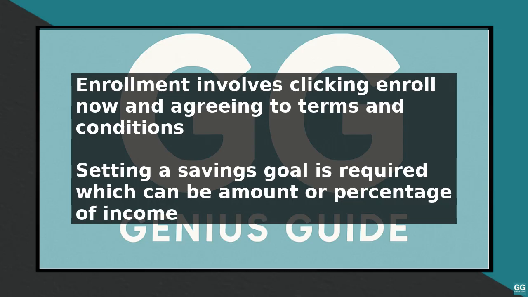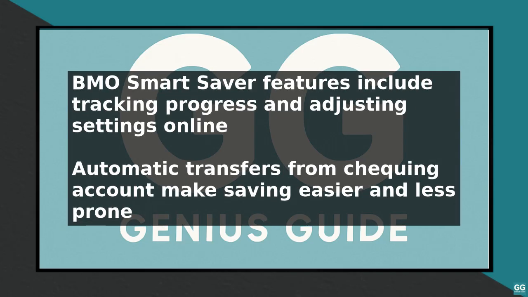Once you have set your savings goal, you can track your progress online or through the BMO mobile banking app. You can also adjust your savings settings at any time to suit your changing needs. It's a good idea to set up automatic transfers from your checking account to make saving easier and less prone